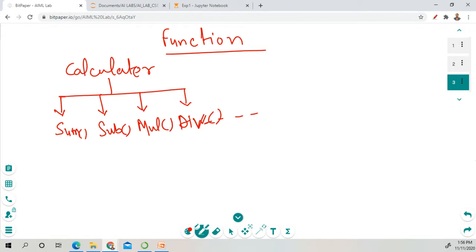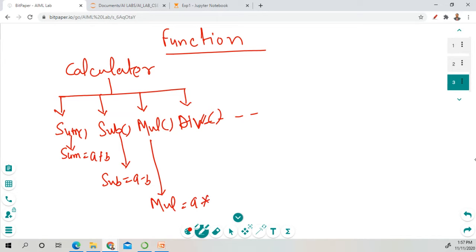Inside this sum function, you can use your variables. Let's suppose that you can find the sum equal to a plus b. Inside this subtraction, you perform sub is equal to a minus b. In this function, you can perform mul equal to a into b.